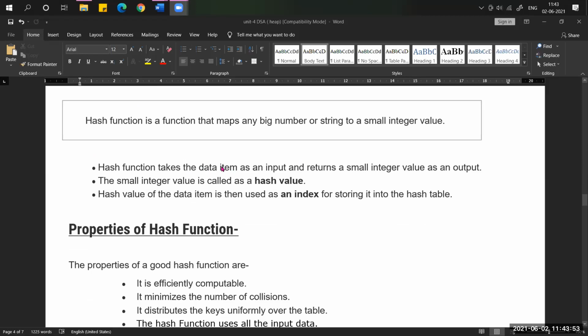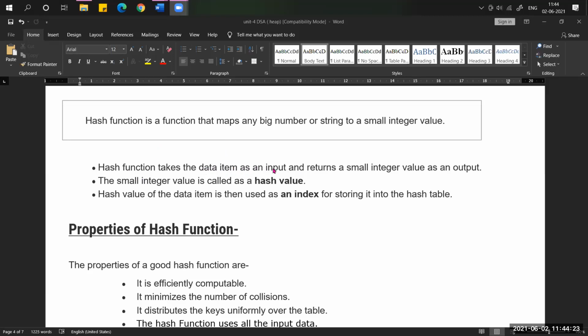The data item is whatever value we want to store in the hash table. The hash function will take the data item as input.